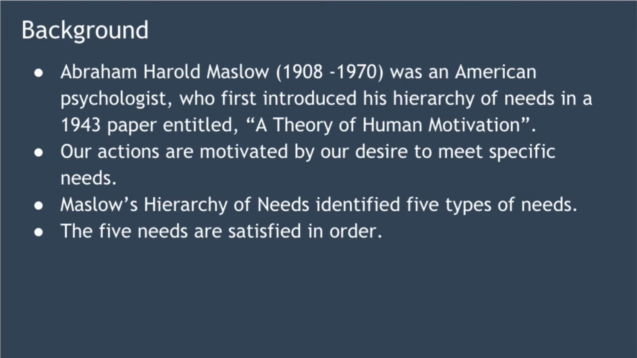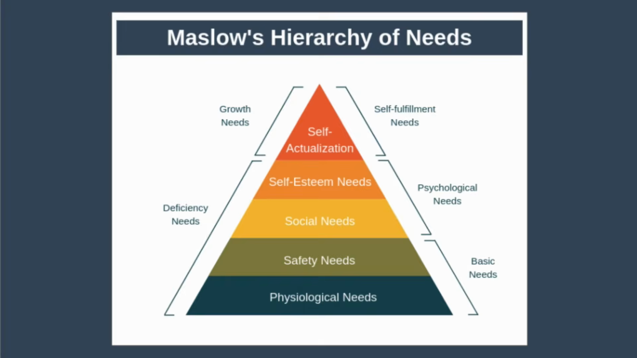Now, the 5 needs come in a particular order. Only when one set of needs is satisfied will you think about meeting the next set of needs in the hierarchy. Let's jump in and take a look at the model. From the bottom to the top, Maslow's 5 levels of needs are physiological needs, safety needs, social needs, self-esteem needs, and self-actualization needs. Now, the pyramid represents a hierarchy, and what this means is that only when a lower level of needs has been fully met would you then be motivated by the opportunity to meet the next level of